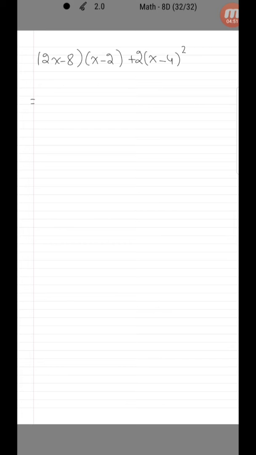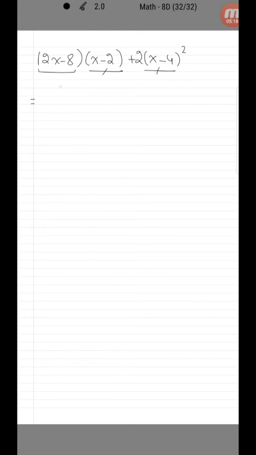Now for my last example, let's try to factorize this expression: (2x − 8)(x − 2)² + (2x − 4)². Now I don't have any common factor, so I try to find a common factor in each parenthesis. In the first parenthesis I have 2x and 8. I can take 2 as a common factor. Now here I don't have a common factor, and in x minus 4 I don't have a common factor, so